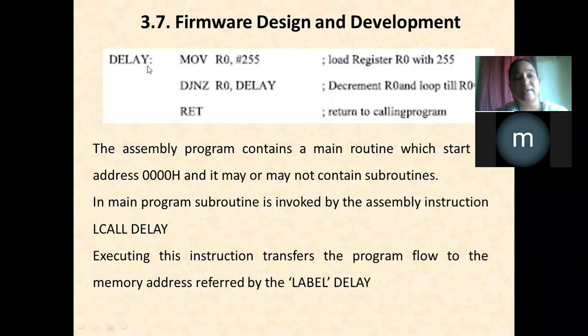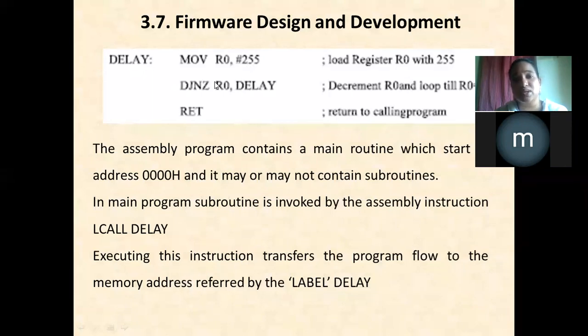See, what should the delay function have? MOV R0, 255, and DJNZ, decrement and jump if not 0. Until R0 becomes 0, it will be executed. For one iteration, this 255 becomes 254.